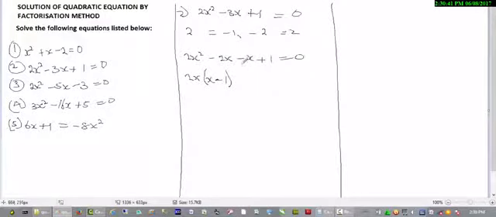Then here we have minus x and plus 1. What is common? 1. But this one has a minus, so we factor out minus 1. When we remove minus 1 from minus x, we have x left. And from plus 1, we multiply with another minus, because minus times minus will give us the plus 1 here, so we have minus 1. So what do we have? We have x minus 1, and we have x minus 1. So we factorize, we say x minus 1 from this